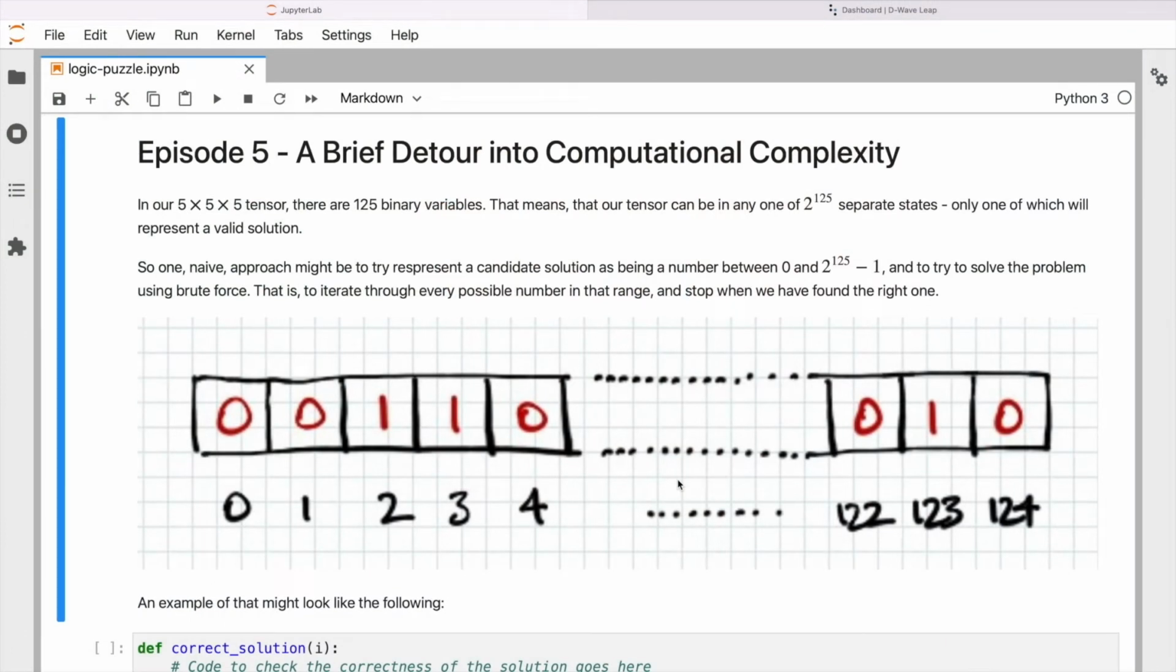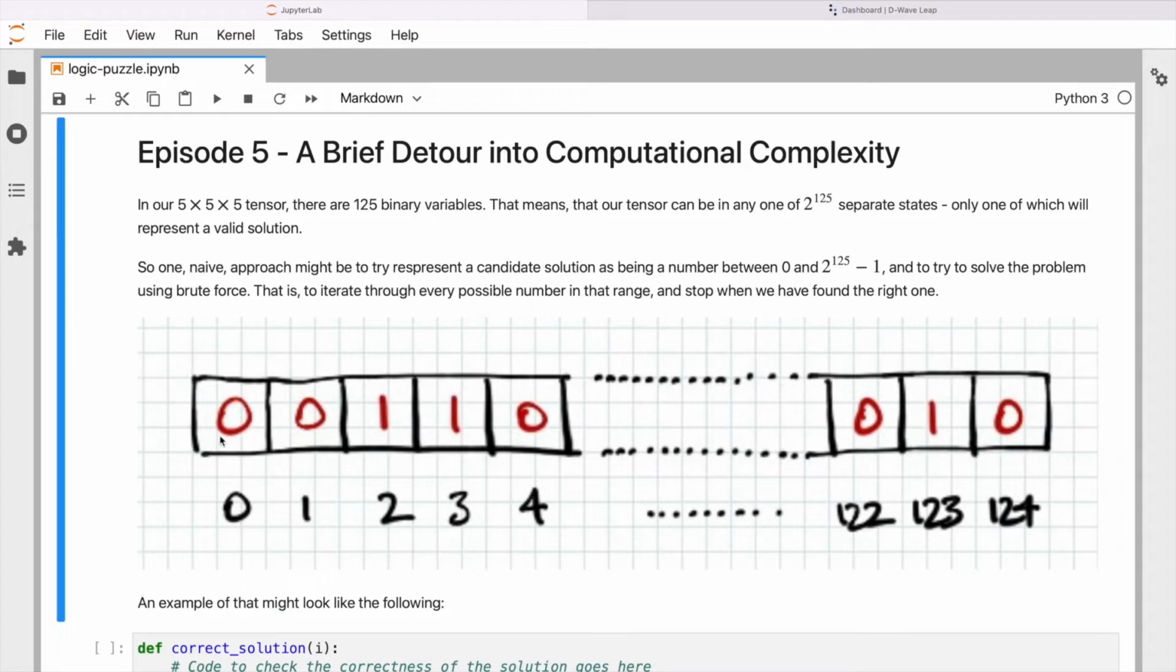So as we saw in our setup, we had a 5 by 5 by 5 tensor, so therefore 125 binary variables. So that means that our tensor can be in any one of 2 to the power of 125 separate states. One of those is going to represent a valid solution, and every other possible state is going to represent an invalid solution. So one naive approach you might think, if you're just coming at this problem at the start, would be that we would represent a candidate solution as being a number between 0 and 2 to the 125 minus 1, and essentially then try to solve the problem using brute force by iterating through every possible state